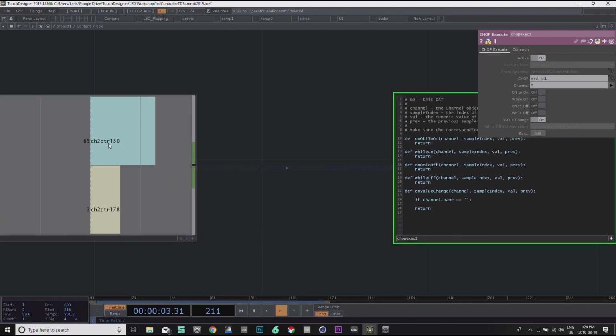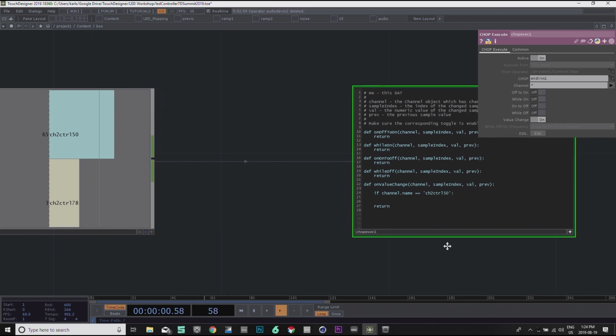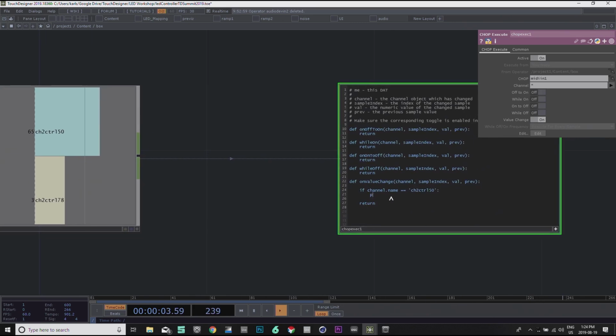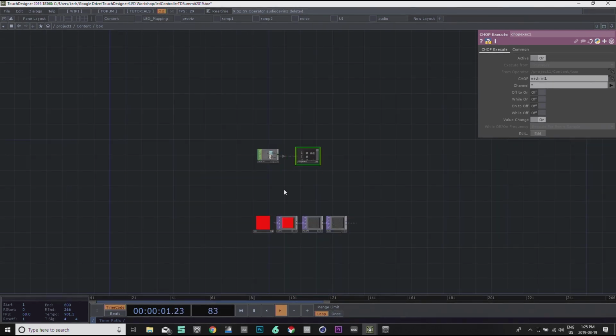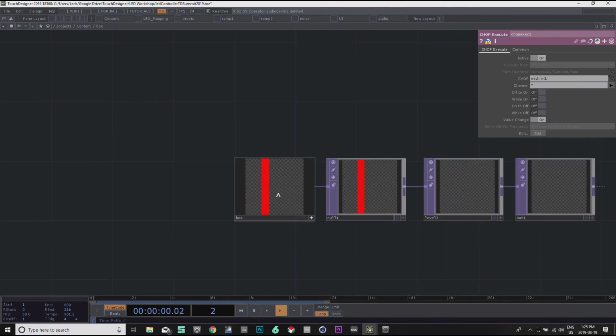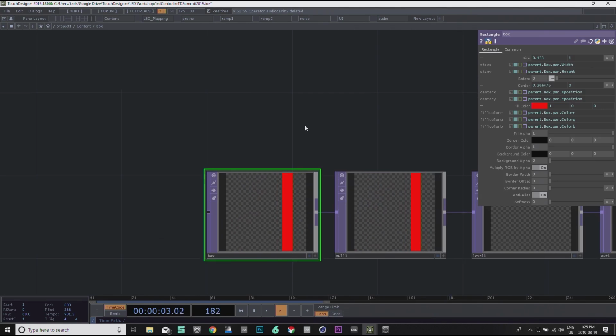So ch2ctrl50, ctrl50. And then we can say the shortcut to that parameter, which was parent.box.par.width equals val. And now when I turn this, it's controlling the width, but we need to scale it